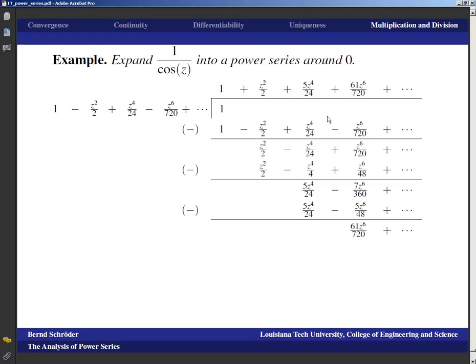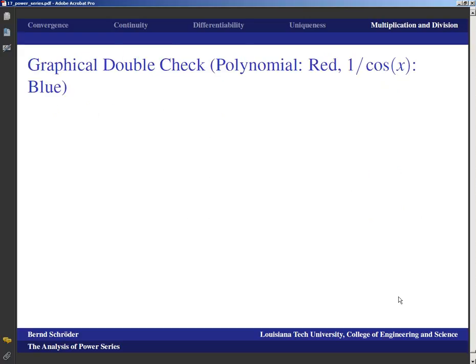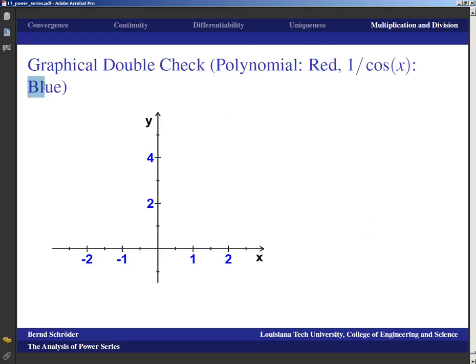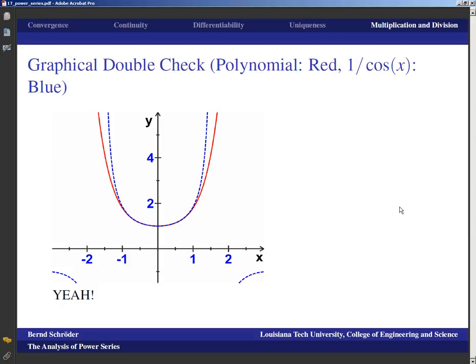However, what you can do as a sanity check for any of these computations is you can just go ahead and do the expansion on the real line. So let's take a look at that polynomial that we have on the previous panel, and I will put that up in red, and 1 over cosine x is put up in blue. Well, the polynomial looks like this, and 1 over cosine x looks like this. Of course, it has a singularity at pi over 2 and at negative pi over 2, so the power series cannot be expected to converge beyond that, and so then these branches here are not being met by the power series, obviously. But other than that, hey, yeah, it does work.